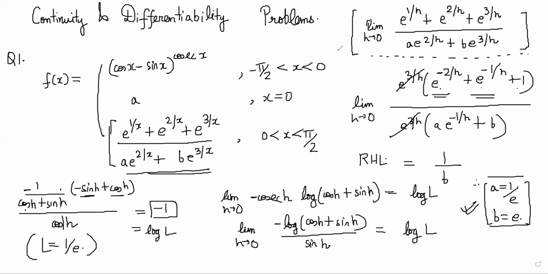So what is the thing here? This part looks weird, but if you take E power 3 by H common, it cancels off and it becomes easy. The problem was, I was first doing 1 power infinity, but there's a minus infinity, so I don't want to take chances. Whenever it is fx power gx, you can always work with log. So I took a log, I got it in the form of 0 by 0, and then differentiated to do L'Hopital, and I got -1 as a limit. So -1 is log L and L is 1 by A, right? So we find A and B using that property now.